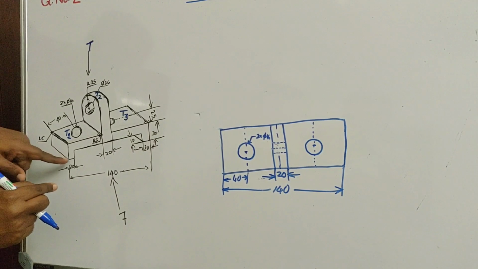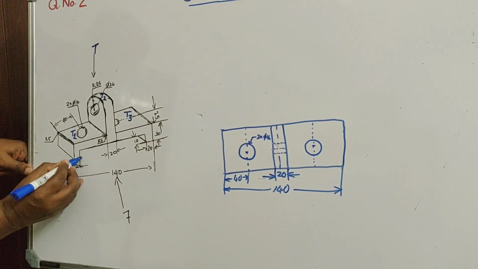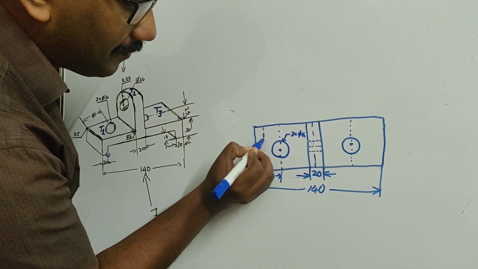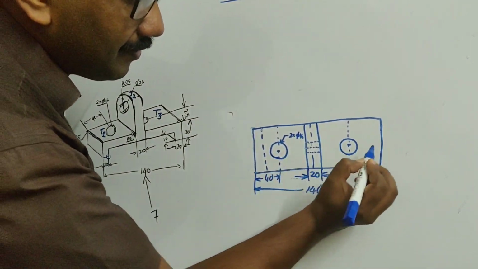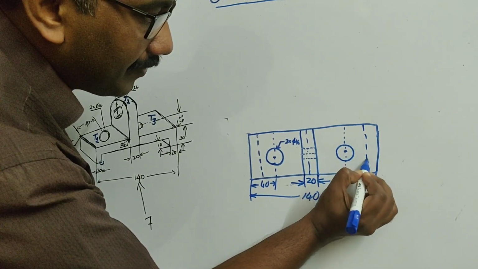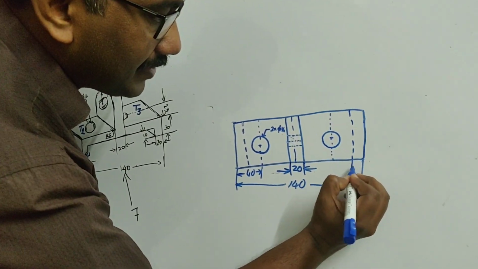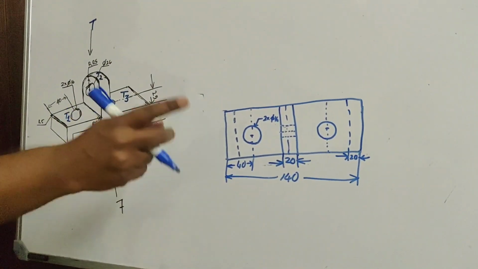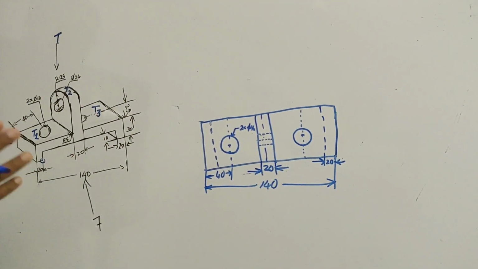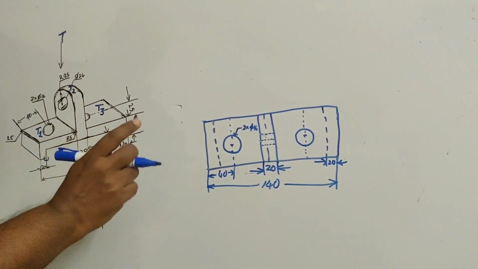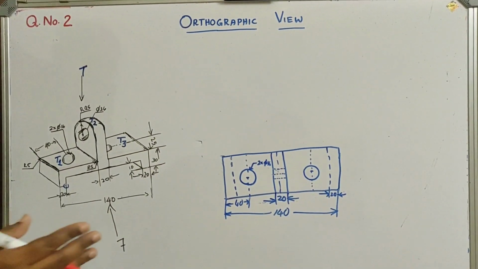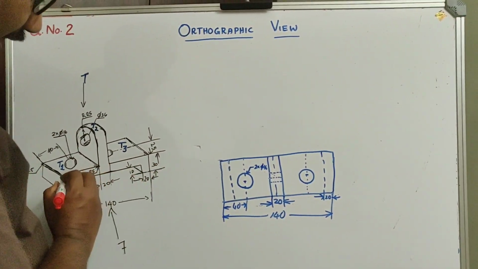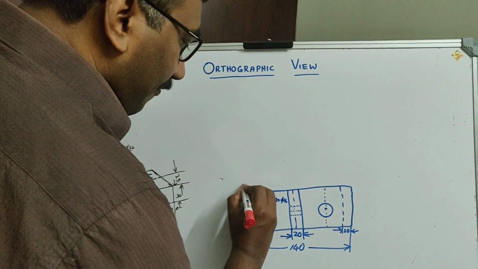There is a line or there is an edge which is passing through this particular portion. That is hidden, but you have to represent that. 20 from this side and 20 from this side. Okay, so this distance is 20. It is hidden, but we are showing that. I think now it is clear to you about the top view. Using the dimensions from the top view itself, you can draw the front view. The total length is again 140 mm itself.